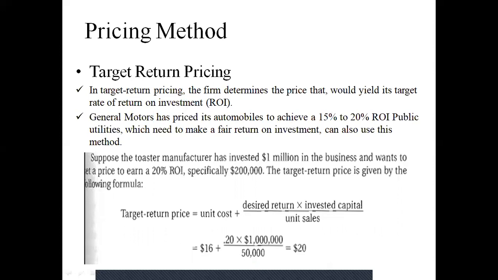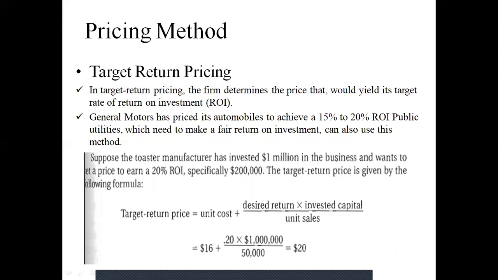So in this method, the cost plus method used cost to determine price. Target costing works the other way around. It uses price to determine cost. In target costing, a business starts by determining how much it wants to charge for the product. It then subtracts the desired profit from the price to arrive at the maximum cost it can afford to pay